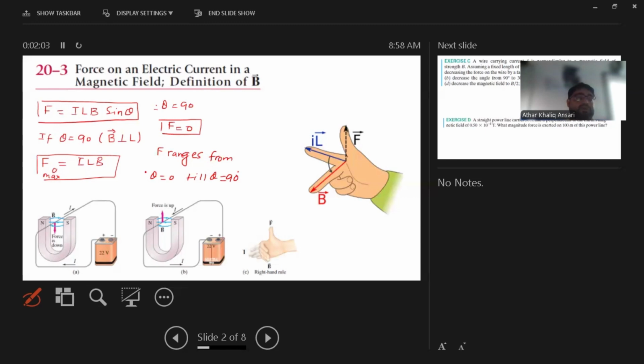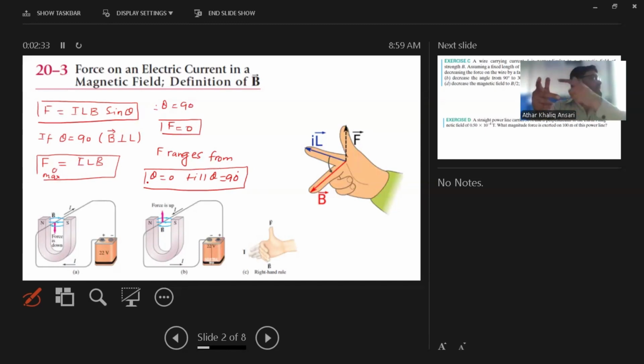Now come to the other point. If you are talking about the force, the direction of the force is very important. The direction of the force can be found by Fleming's right hand rule. What is Fleming's right hand rule? It says that if you have three fingers of your right hand stretched perpendicular to each other, as you can see here, you have to follow the rule